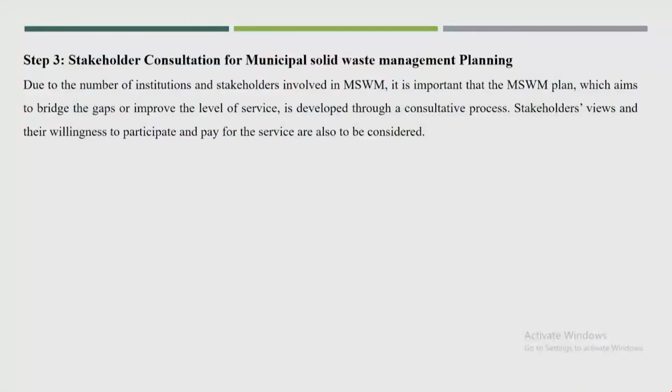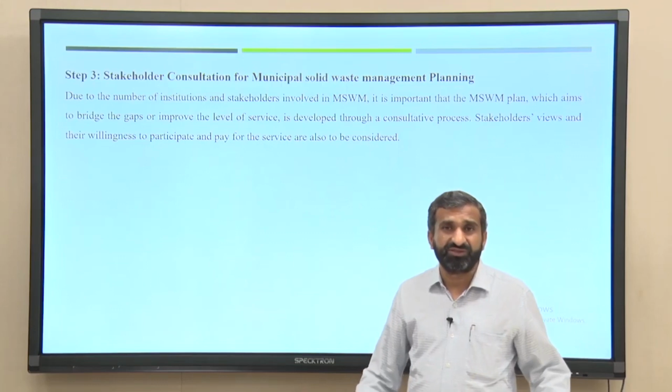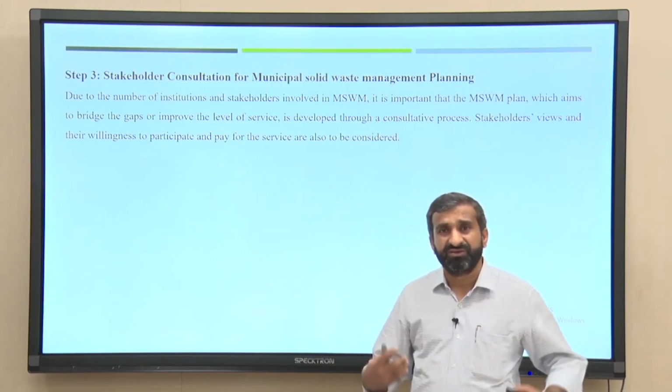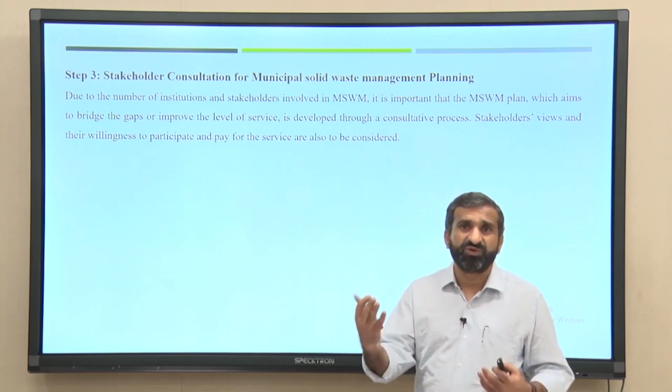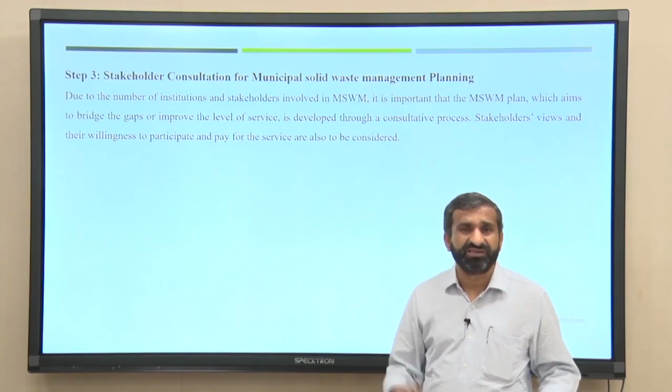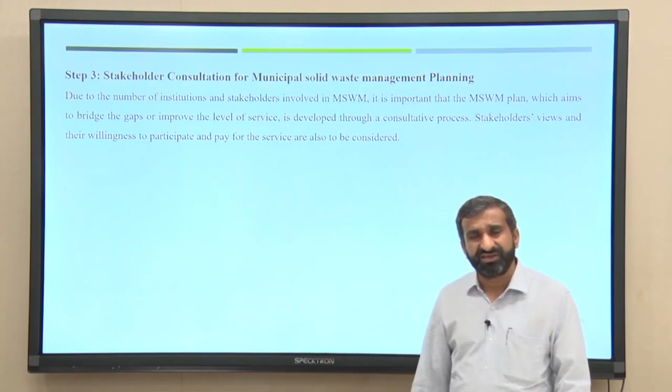Once step 2 is done, then we can go to the stakeholder consultation and talk to them. Okay, this is what the current situation is, and as per the current situation, we come up with particular gaps. Gaps could be, for example, that we do not have a treatment facility, we do not have a sanitary landfill available, and the current situation is saying that the waste is highly biological in nature and could produce a good quality product through composting or a biological treatment facility, and we also require a special facility for the sanitary landfill.